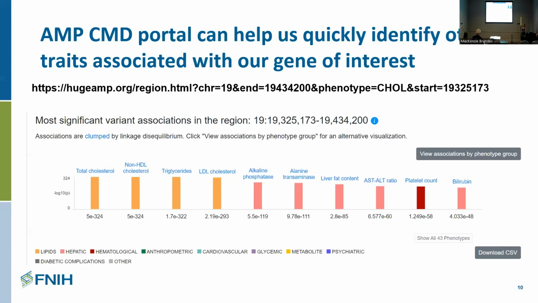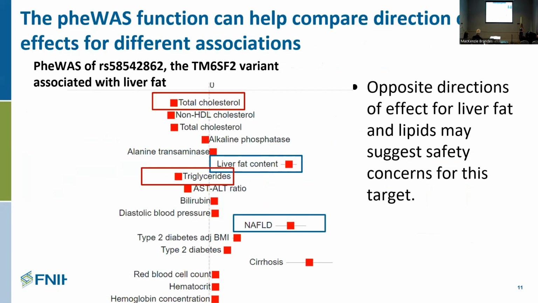If, for instance, I were going to lower liver fat and lower lipids, that would be great. But it's also possible that I could lower liver fat and increase lipids, which is not so desirable. And so in this case, we can take that lead SNP from the liver fat GWAS, do a pheWAS on that. And in fact, what you can see is that whether I'm lowering or raising liver fat, if I go after this gene, no matter what the direction is there,